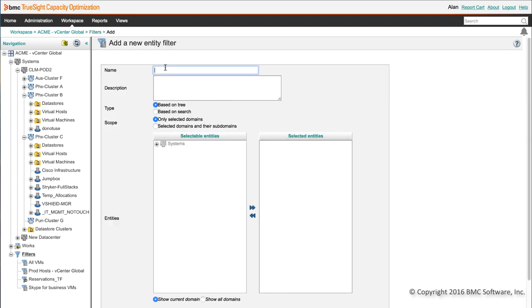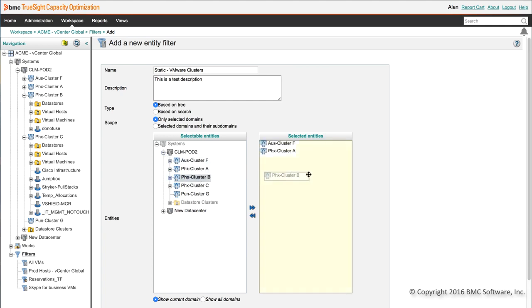First thing I usually do is I give it a name, so I'll call this static VMware clusters. The description is optional, so I'll just type this is a test description. Next is the type, and for a static entity filter I'll use the based on tree option. And what that means is it allows me to come down here and manually select which clusters I'm including in my entity filter. So I'll select 3 of the 5 that are showing, and let's say I wanted to expand